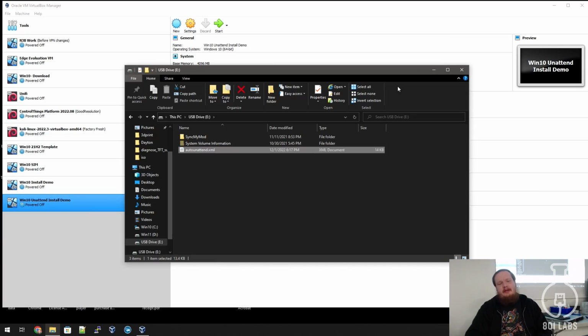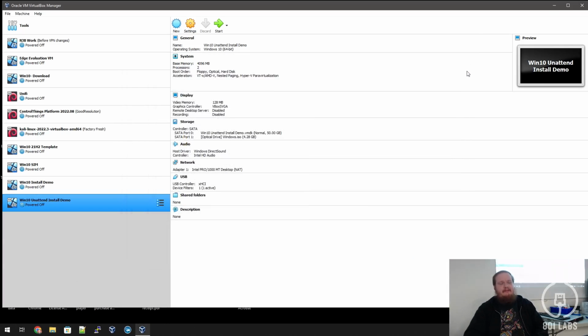auto-unattend.xml. If you start a machine with a Windows boot disk in it, or if you have the Windows installer flashed onto a drive, you can put this auto-unattend.xml on that same drive, or you can have a different drive. You boot up the computer. When Windows Setup first loads, it'll look for this file at the root of all the drives that are mounted to it. If it finds it, it'll use this file and then actually follow what you've configured in that